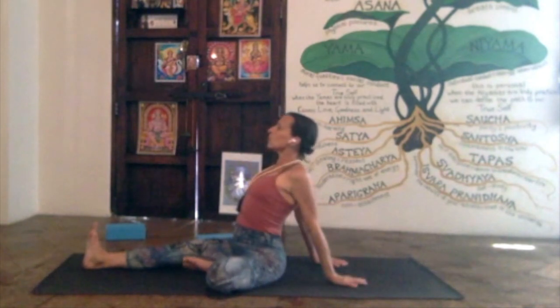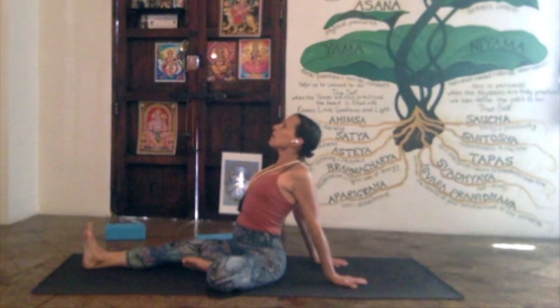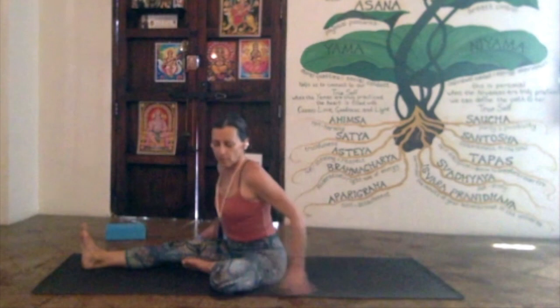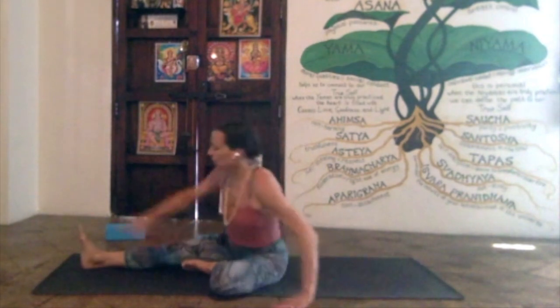Pull your shoulder blades together and feel the width, the length, the breadth of your lungs. Lifting as high as you can. Nicely done. And then slowly coming back to the center. All right, to help us to open the hips a little today, we're going to bring the legs behind us